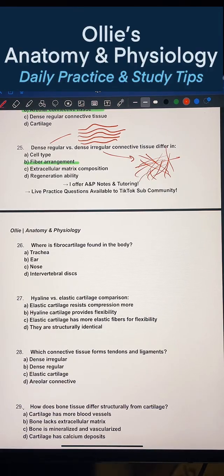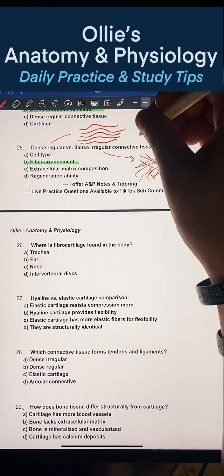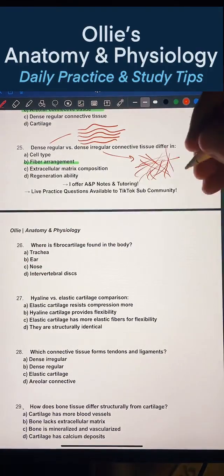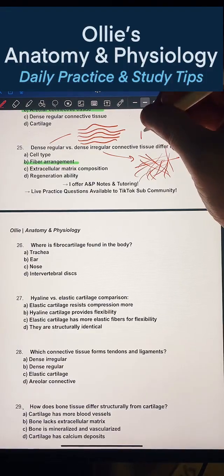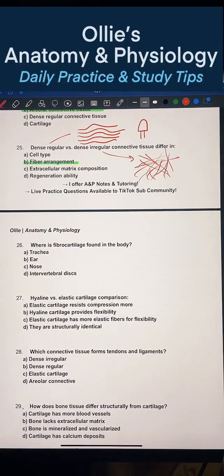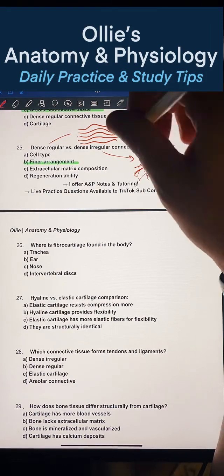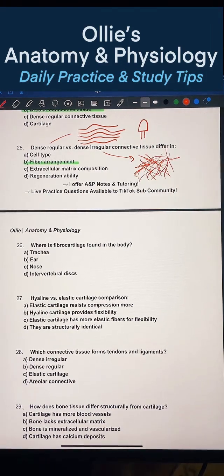Number 26. If you just think of a regular person, I always think of SpongeBob, like, hey, I'm normal. But in regular, he's not like SpongeBob, he's more like an ice cream sickle or whatever. But then somebody who's irregular, they're just all over the place. You never know what to expect. That's how I remember it.